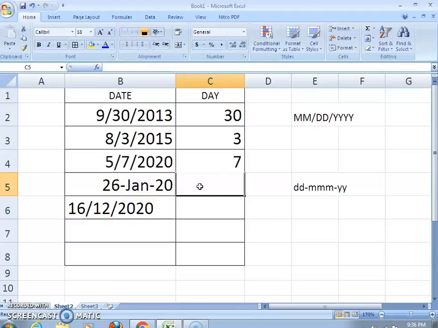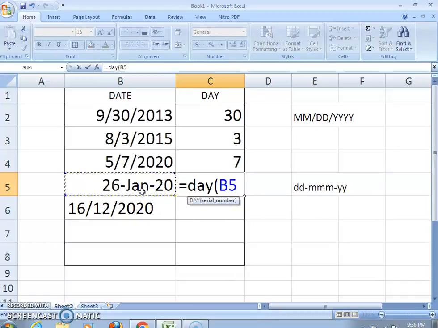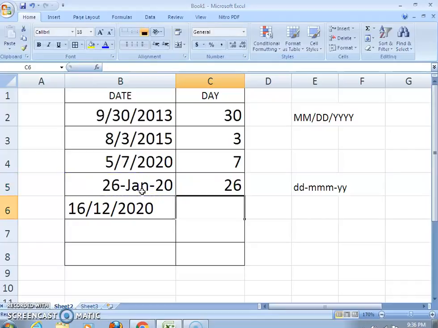From this date format, if you want to extract the day only, what will you do? Write equal to DAY, parenthesis, B5, which contains the date, pass it and press the Enter key. See here, exactly 26 is extracted. This 26 is the day extracted from the date.